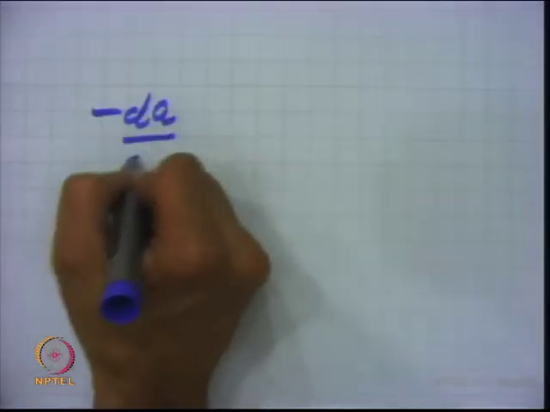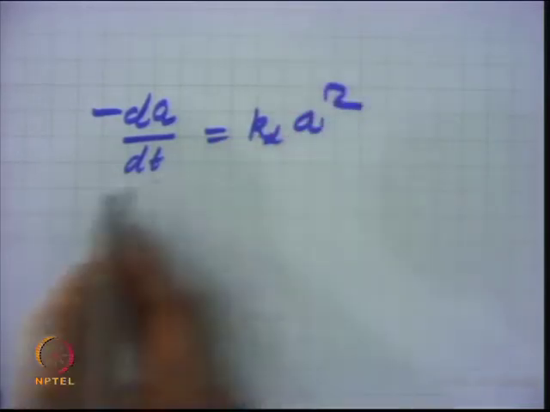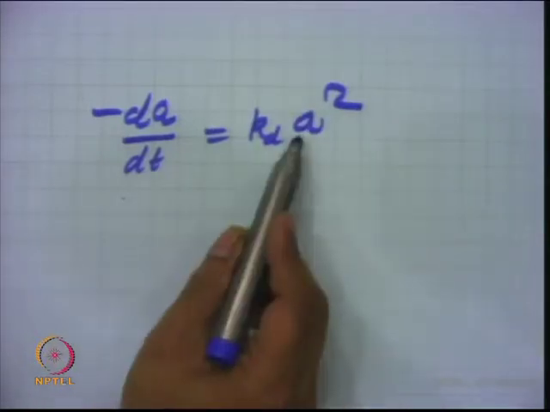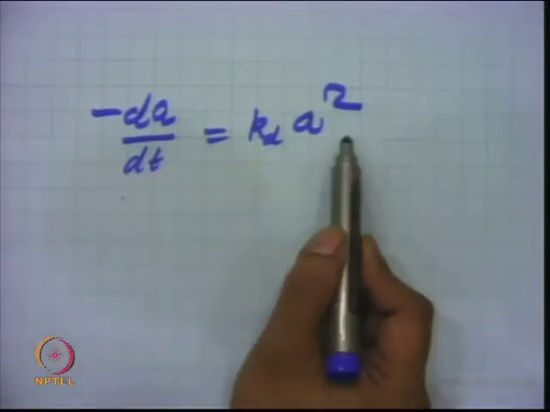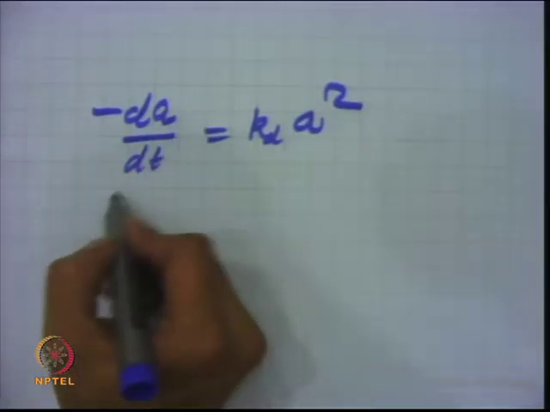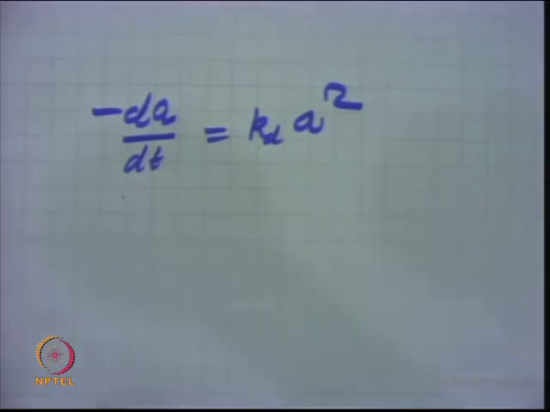Second order: minus dA by dt will be written as k_d times A square, and then again the separation of variables. So, minus dA upon A square is equal to k dt, and then you integrate it from the limit 1 to A, and 0 to t. One can again solve this equation. So, activity can be correlated as a function of time, whether it is first order decay or second order decay. One can very easily write the exponential relationships for the different kinds of decay rates.